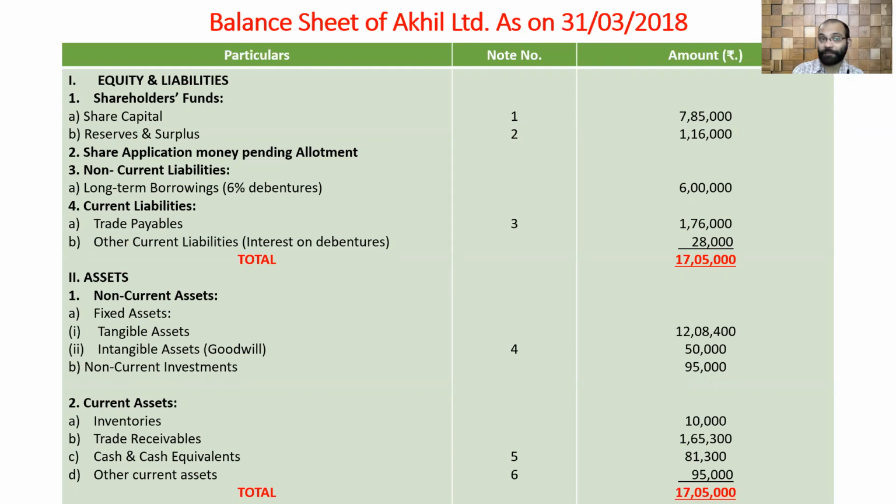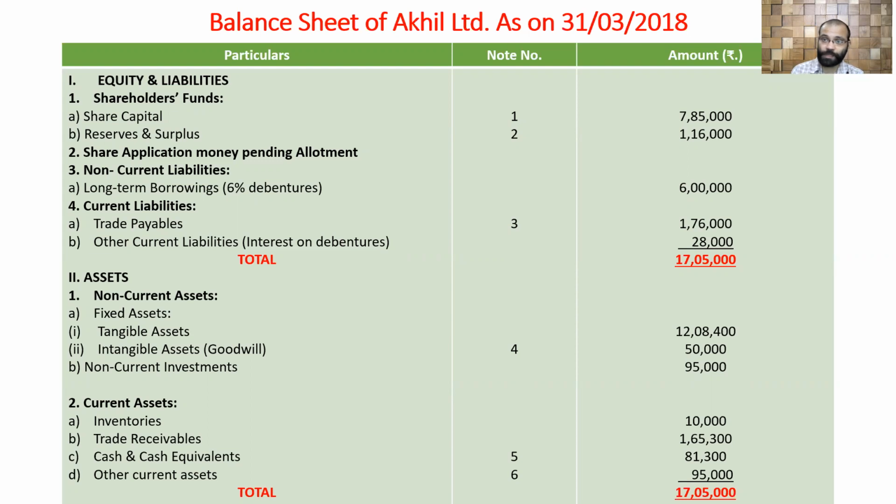And here, remember, my dear friends, even though in the question the authorized share capital is given, please don't take that amount. You should show it as a note, but you should not take it in the balance sheet. Why? Because authorized share capital is the total amount that is authorized. But out of that, how much is being subscribed? Only 7,85,000 is subscribed. So that amount only should be taken to the balance sheet. Please remember that.